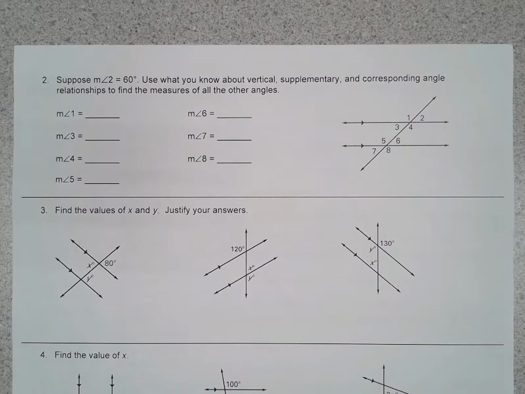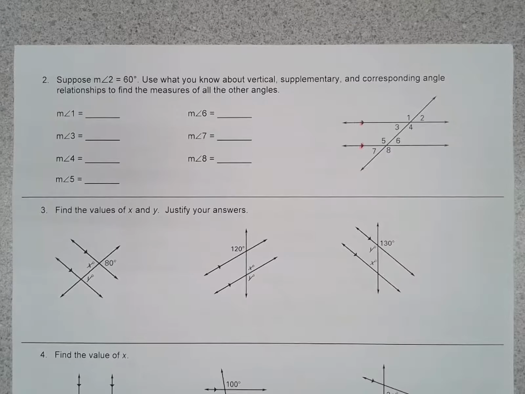All right, you guys, you're in the home stretch, last page. Question number 2 says, suppose the measure of angle 2 is equal to 60 degrees. Use what you know about vertical, supplementary, and corresponding angle relationships to find the measures of all the other angles. So notice on the picture, they have these little arrows here and here. And so you know the lines are parallel. And so because you know the lines are parallel, you know it's game on with all of those pairs of